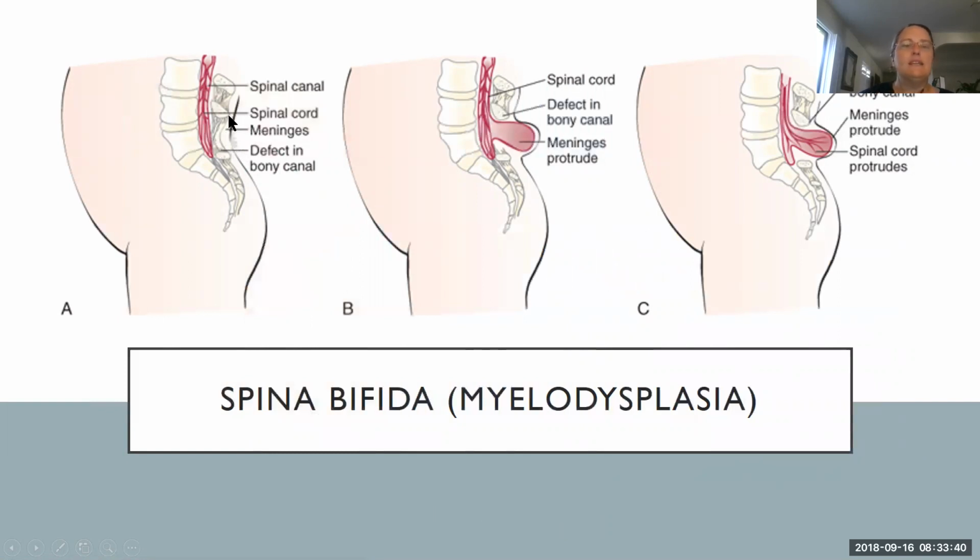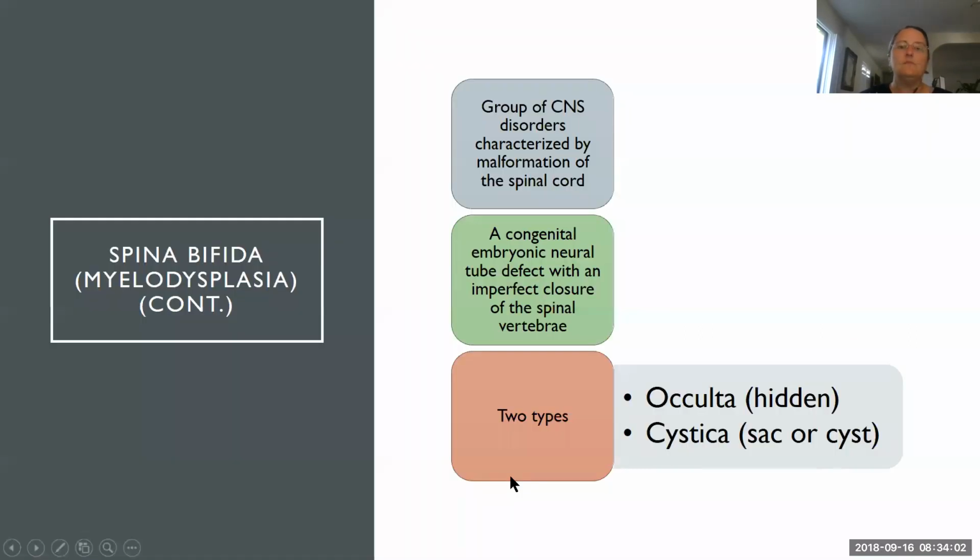We might see where there's a defect and there might be some dimpling or just a little patch of hair. I have a picture of that for you. Or you might see where the spinal cord pouches out into an enclosed pouch outside of the body, or you could see where the spinal cord protrudes outside of the body, and all of these need to be fixed surgically. So this is a congenital embryonic neural tube defect with an imperfect closure of the spinal vertebrae,